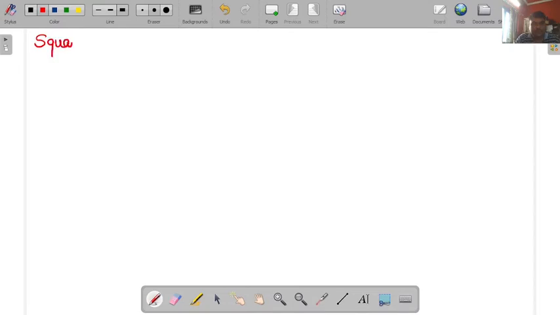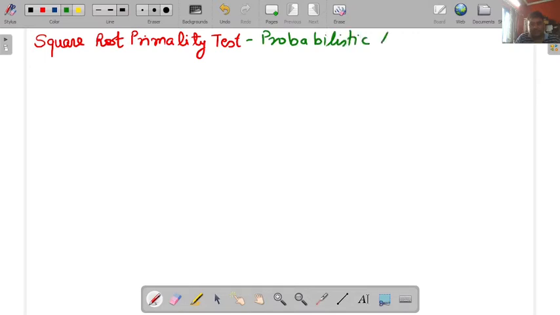Today we will discuss the square root primality test. This test comes under the probabilistic approach and its result is around 50%. Before we understand this square root primality test, we should understand what is